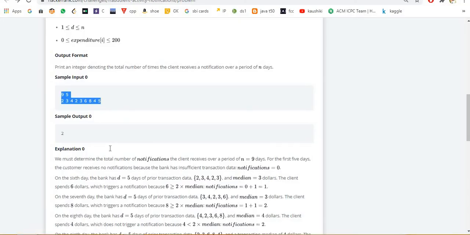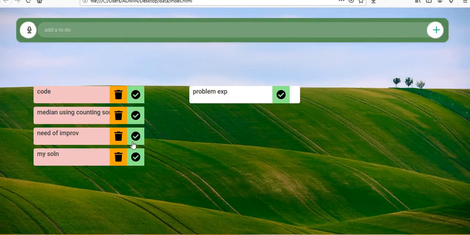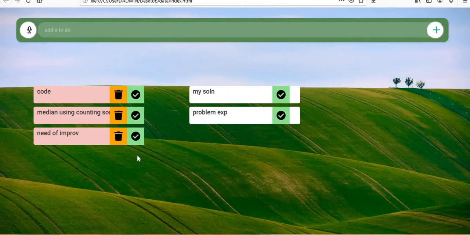So what I did was I took the array and used counting sort in order to find the median. As I was discussing earlier, I have shown you my solution and why it was not working. Because I was copying the array and then sorting it and then sending it back to my calling function, and then it was giving the result. So it works perfectly fine for all the test cases. I have even taken the long.